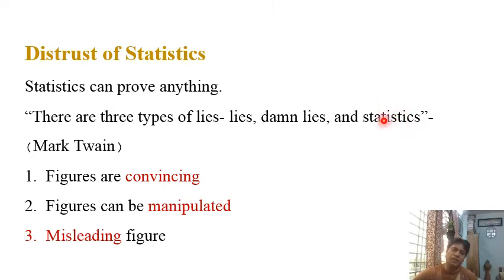So why did he include it as a lie? Because statistical figures are convincing. To convince people, statistical figures can mislead, and can be presented to convince customers, to convince people, to develop an image. Figures are manipulated. Manipulation means to fulfill a particular person's own objectives. So a person can use statistical data to demonstrate his own performance that may not actually be true.